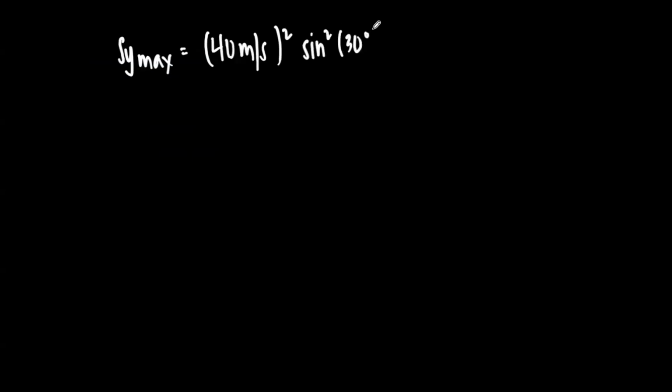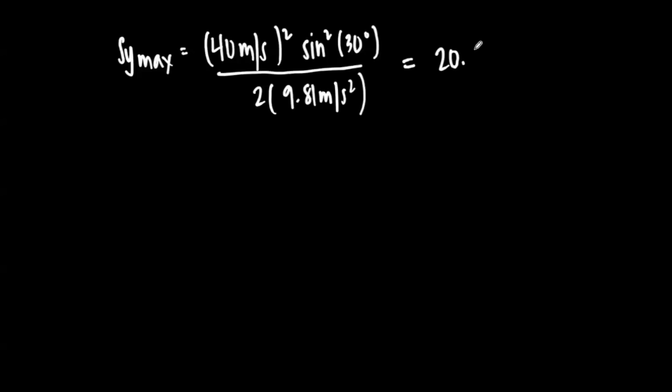So Sy maximum is equal to 40 meters per second squared times sine squared 30 degrees over 2 times 9.81 meters per second squared. And the answer here is 20.38736 meters,